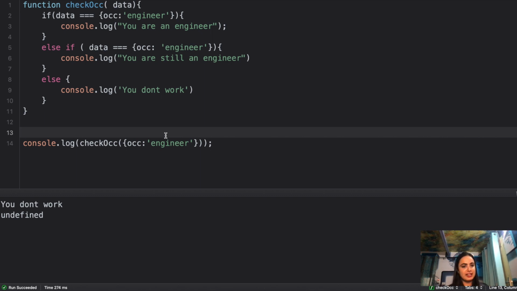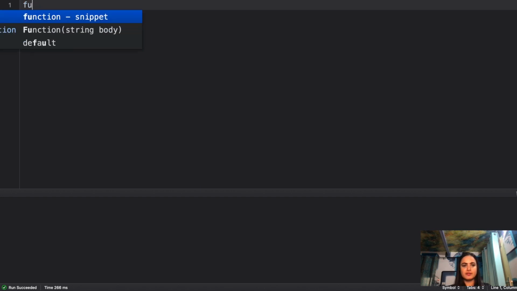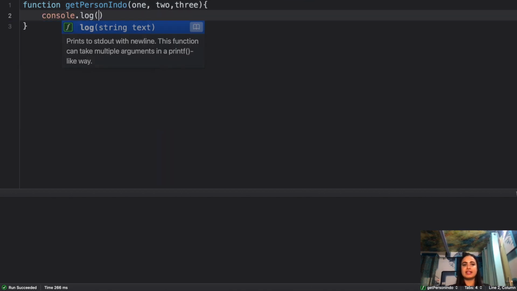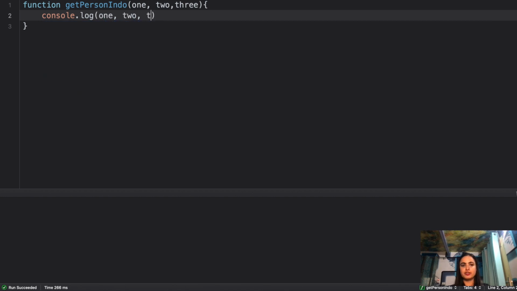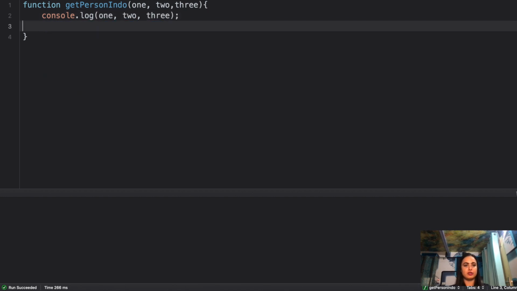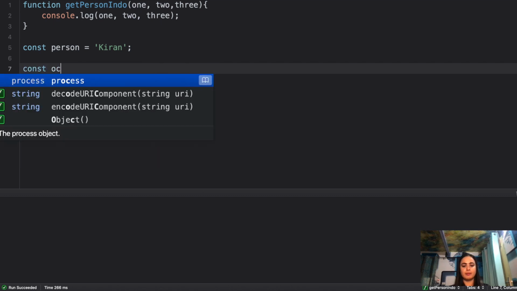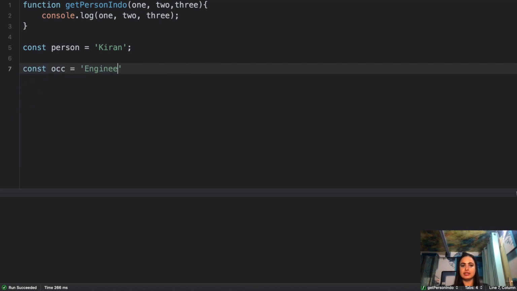So here is your question. You have this function getPersonInfo, and it takes three arguments, and you are not doing anything fancy here. You are just taking those three arguments and console logging them. And here you have a simple person, that's this, and a simple occupation, that's this.